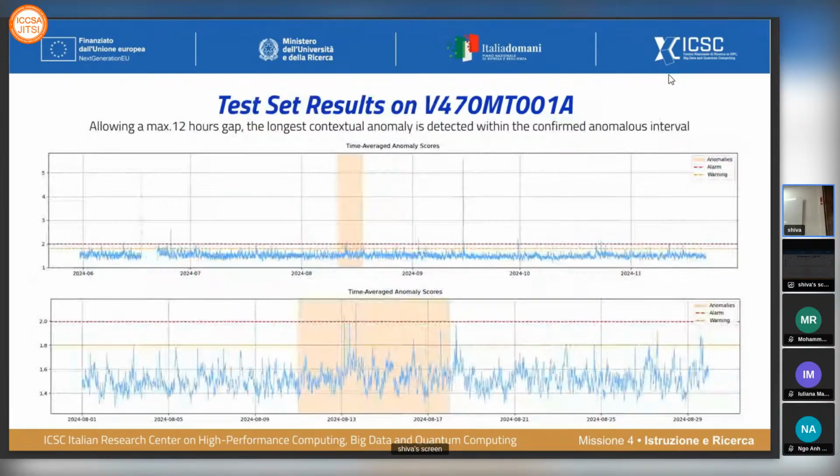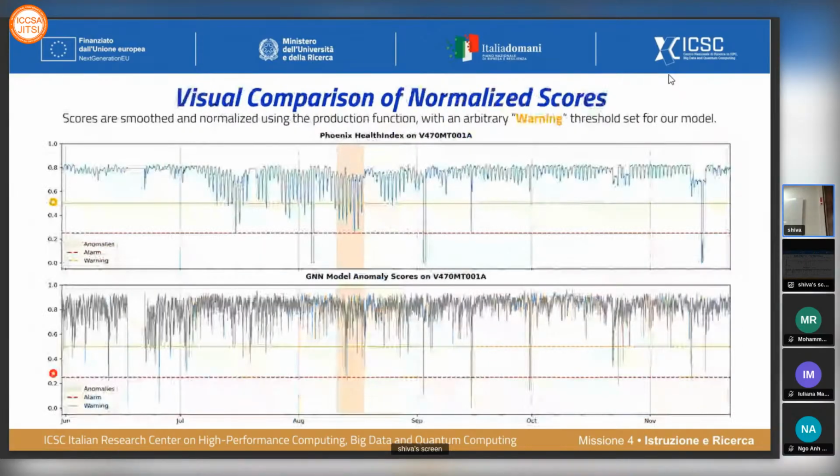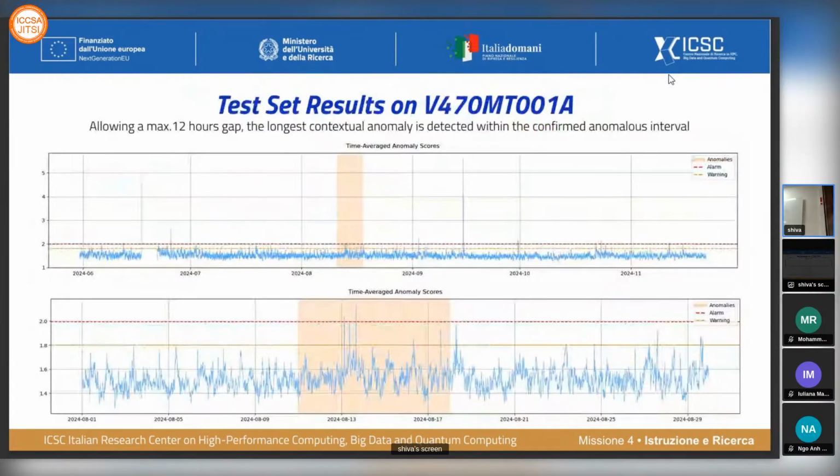These are the results on the test set. As you can see, by applying the threshold that we had previously defined, our model is able to repeatedly detect and flag variations and anomalies within the confirmed 7 days anomalous interval. After applying the aggregation logic that I was mentioning, we obtain that our model detects the longest contextually defined anomaly as the longest one, basically, with